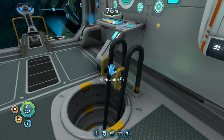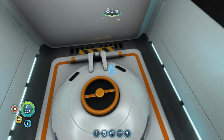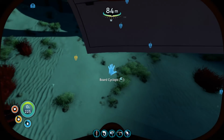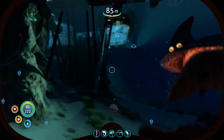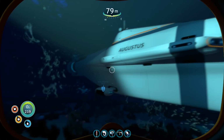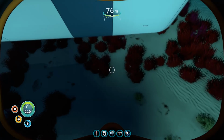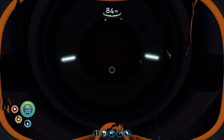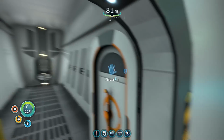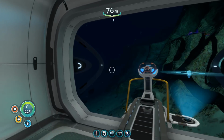Actually, Marcus is outside. So, if I really want to do this right, I need to be very, very picky for a second. But those of you who maybe haven't played Subnautica as much might appreciate what I'm about to do. Where's Marcus? That's right, Marcus is right there. Now, why? I think the reason... See, now it has a name, the Augustus. I think the reason it's moving is that little creatures are bumping up against it. So tell you what, let's very quickly pilot this thing to another location. And then I'm going to go back and we're going to...